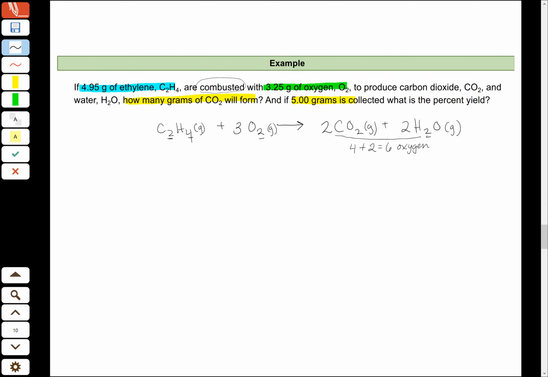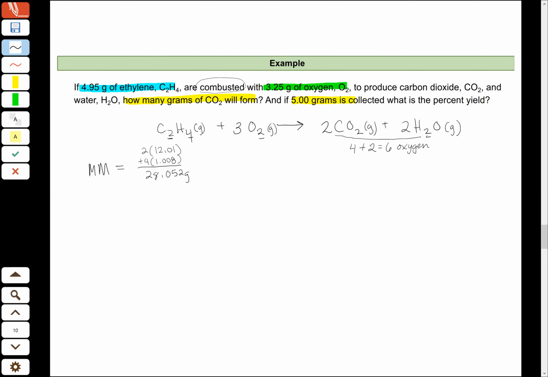Now I can calculate my molecular weights. Again, molecular weights or molecular mass, you'll see it written the same way. It's just taking the sum of the molar mass of the individual atoms within the molecule. So for C2H4, I would multiply 2 times 12.01, that's the molar mass of carbon, and add it to 4 times 1.008, that's the molar mass of hydrogen. And I would get a molar mass of